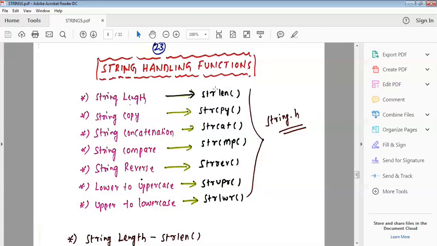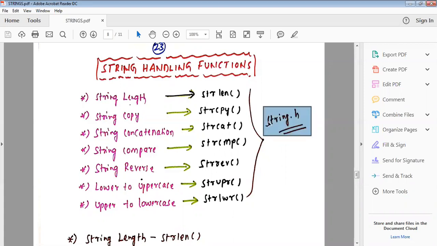If you want to use these predefined functions in your program, you must write the header file string.h. If you are not writing the header file string.h, then you cannot use the predefined functions for string length, copy, concatenation, compare, reverse, etc.